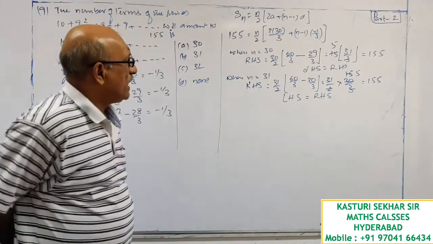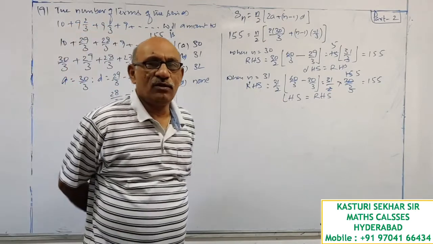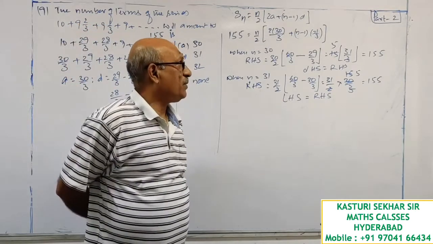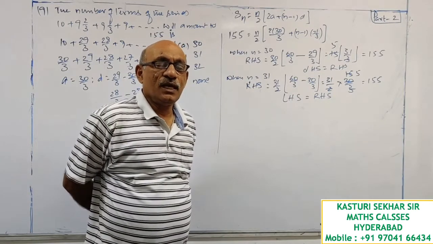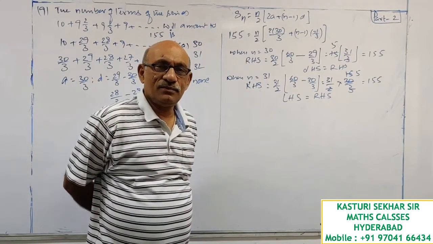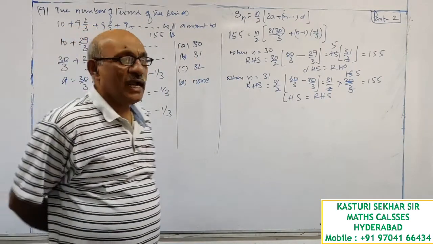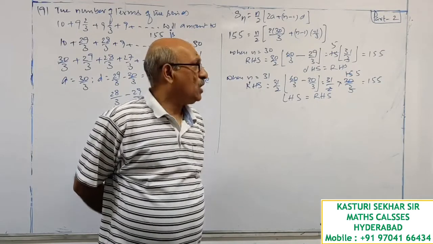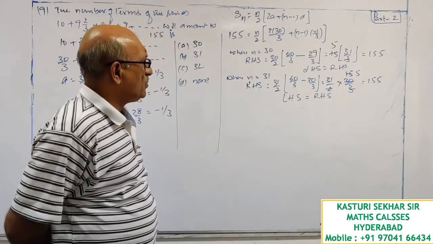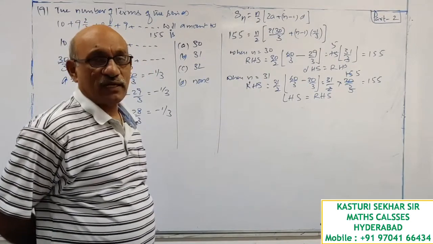Okay. Now look at this here, sir. After solving the question, you will get a doubt. How can it be possible for two different positive values of n, the Sn value is the same? Again I am repeating this. n is equal to 30 and n is equal to 31 are two different positive numbers. So for two different positive values of n, how can the sum be equal?